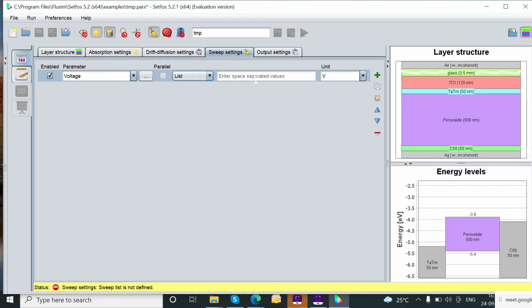Suppose I would like to tune the voltage. So I selected the voltage. Either you can tune it linearly. Linearly in the sense you can define one range. Suppose from -2 to +2 you would like to perform the swapping with every point 2 steps from -0.2, -1.8, -1.6, -1.4, -1.2, 1, 0.8, 0.2. So that's why every 2 steps, similar kind of thing, linearly or in the form of list.